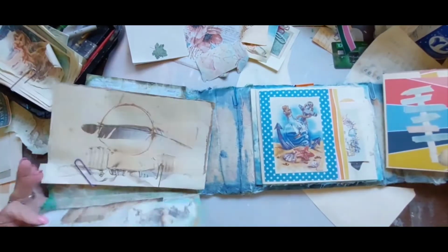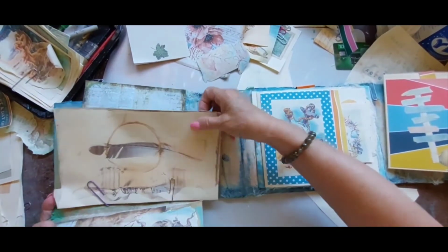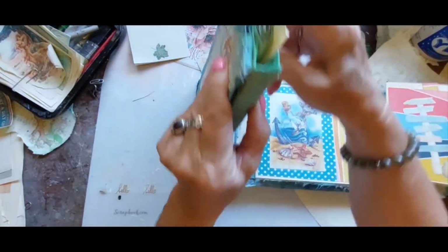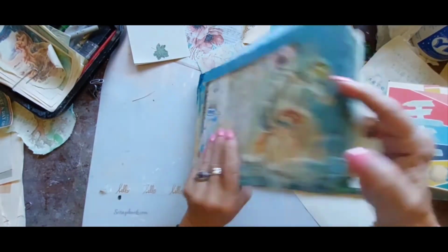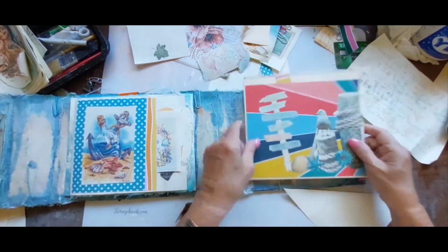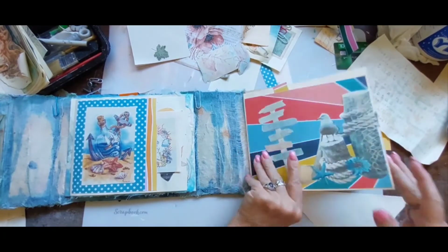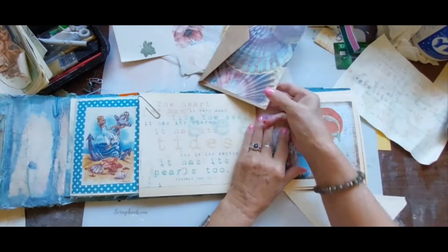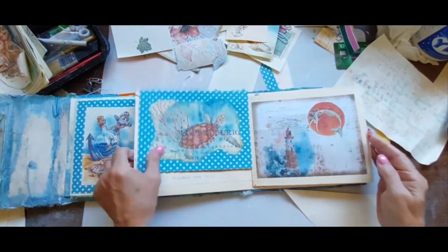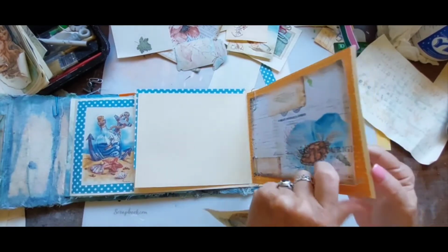The journal is over here. Oh, I'm sorry. Just got all caught up there. So the journal will fit in here. And that's fairly thick. So once that's folded down, that's going to take a bit of room. And then the very back is what I just showed you here that I made with the file folder and creating that new page and adding the envelope onto the first flap. So I still have a bit of work to do,